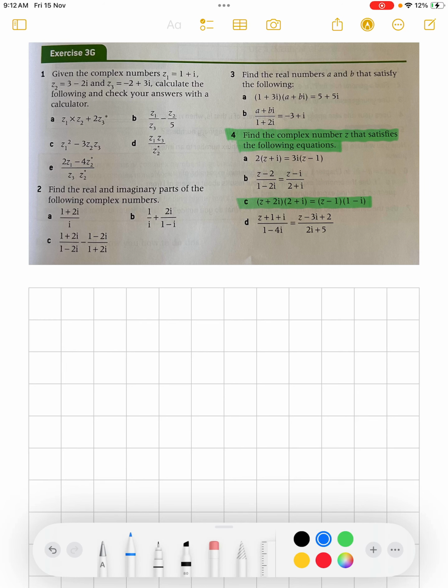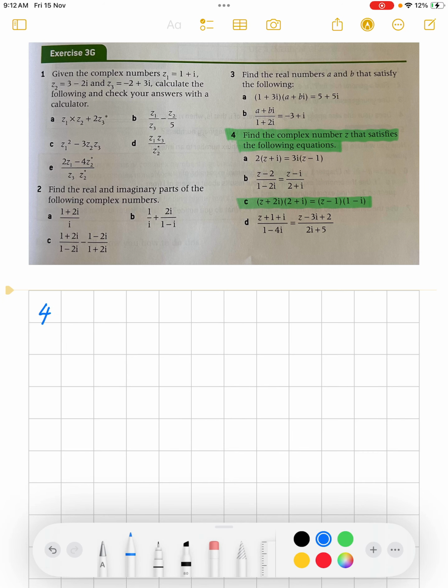Well, thank you for joining us on exercise 3G. I'm going to be looking at part C. This is find the complex number z that satisfies the following equation. And our equation is